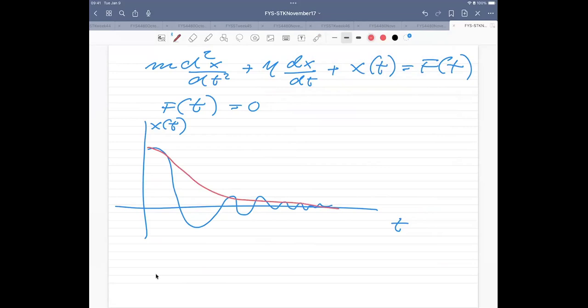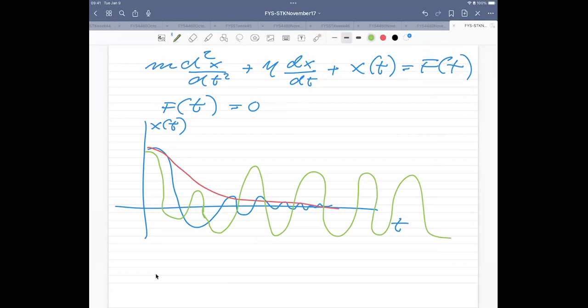Now, if you add this external force here, then you may see some kind of damping, where the system, these equations, the first part is going to damp the system due to the friction, but then the external force kicks in, and that external force can then make the system just oscillate regularly. So it could go down like this, but then suddenly it puts everything into regular oscillations, and life is just deadly boring for the rest of your time.